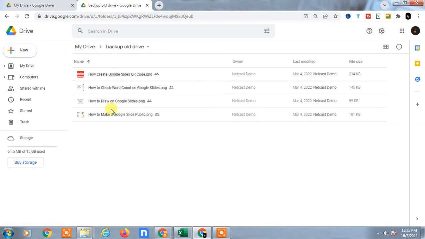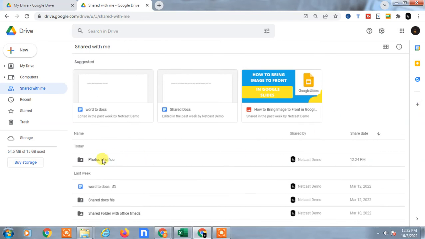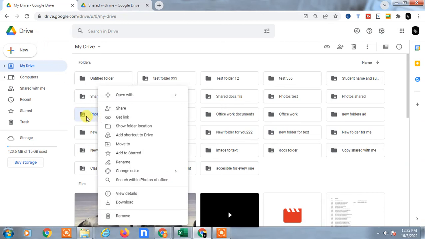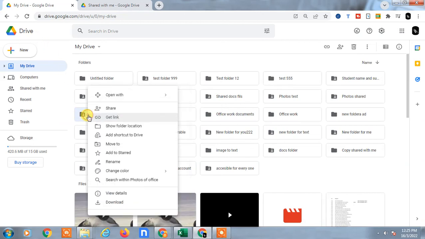Or you can simply go to the shared folder. This is the third option you can use. This is the shared folder from this Google Drive. Now click on this folder, come to the old Google Drive account, right click on it, go to the share option,